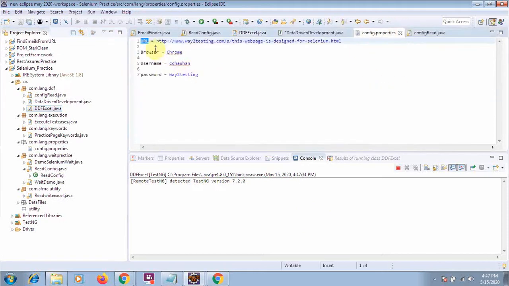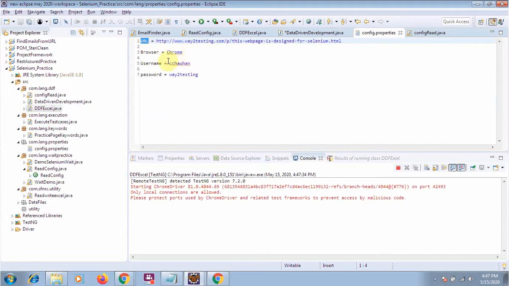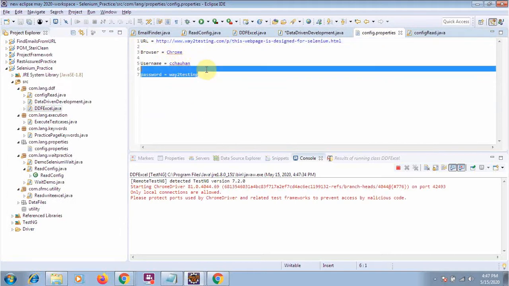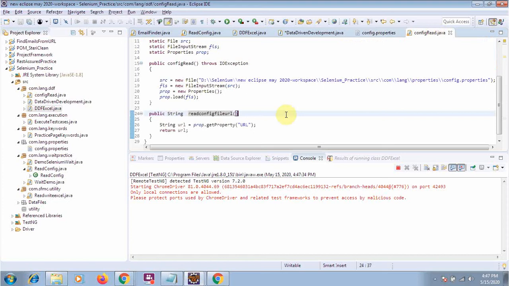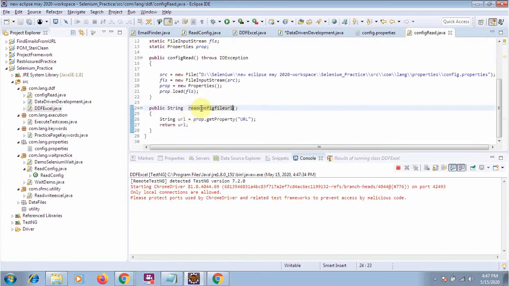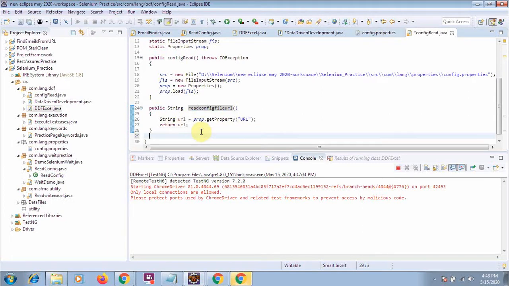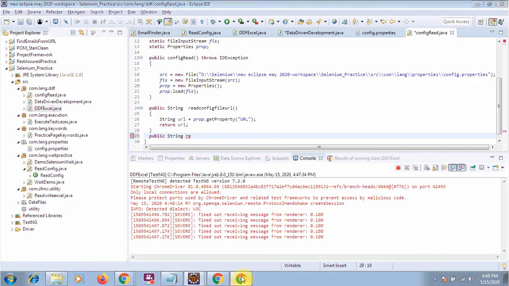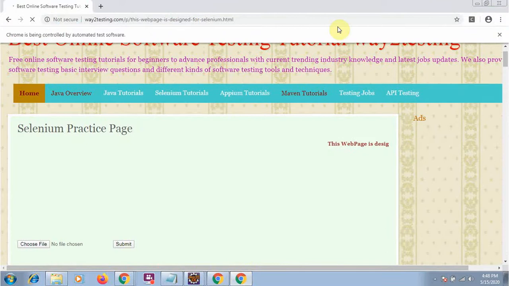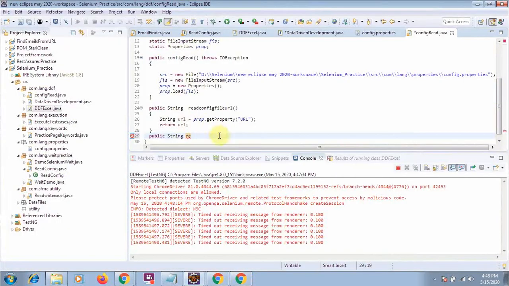First of all you have to create a config file. You will put all the variables there, whatever the variables are, and then you will create a class which will read the values from your data. For example, however many variables you have here, you have to create the same methods in your Java class. For example, I will say public string, and I will say readUsername. Don't worry, it will run. My agenda is not to show you that the URL is opening. My agenda is to show you how we are reading. So readUsername, for example.